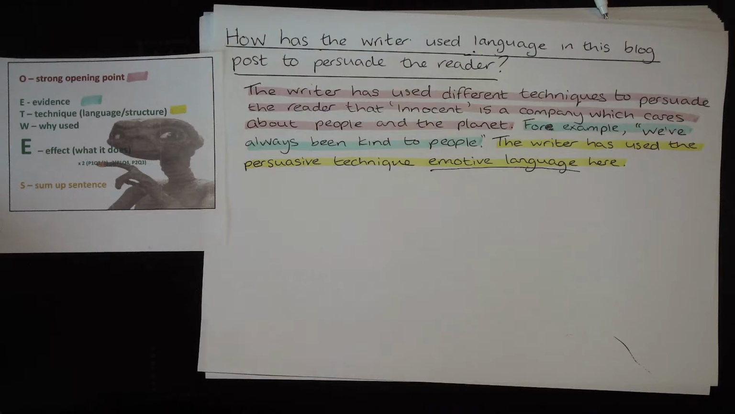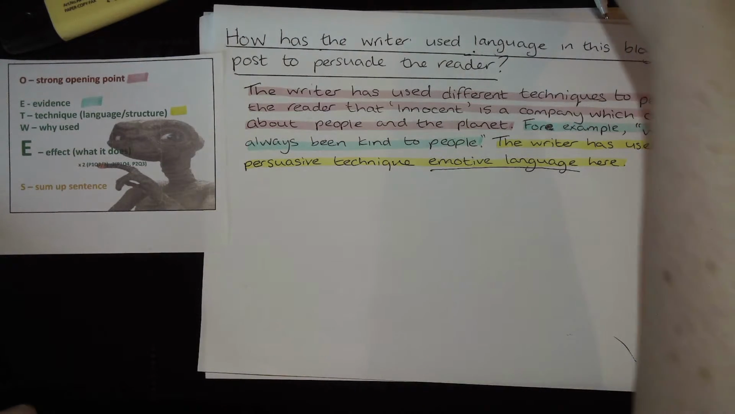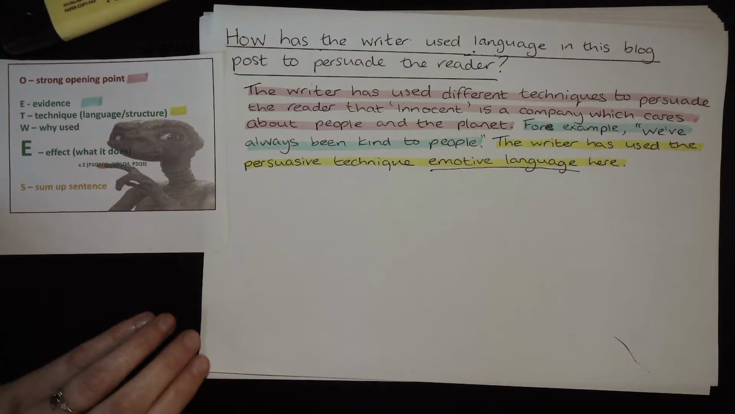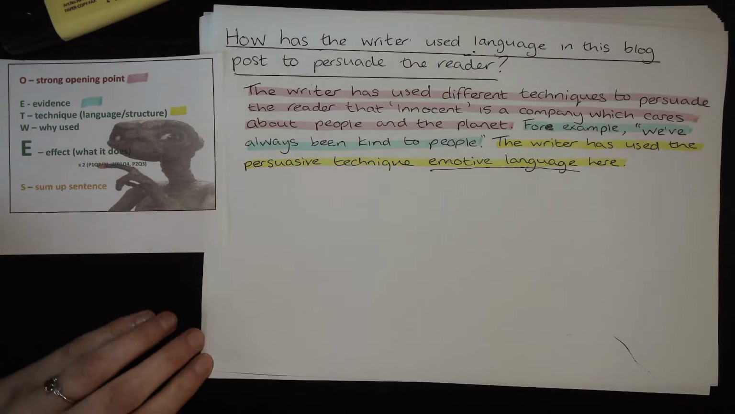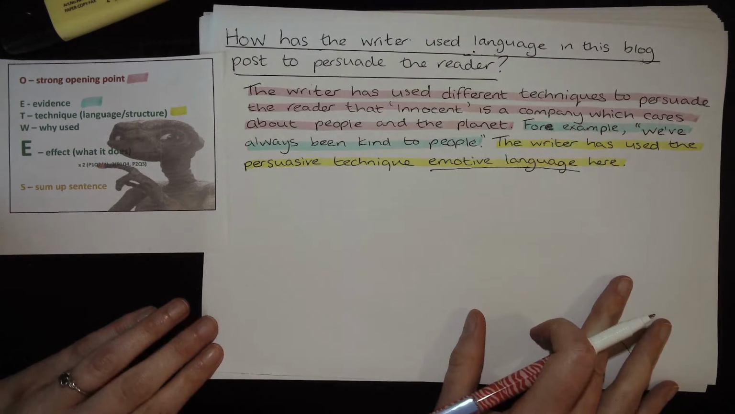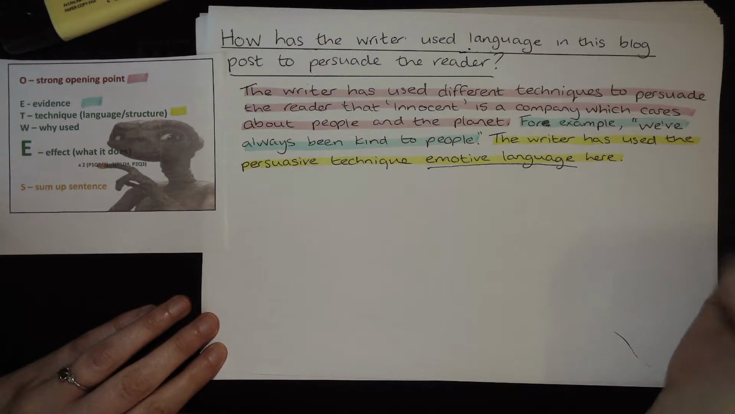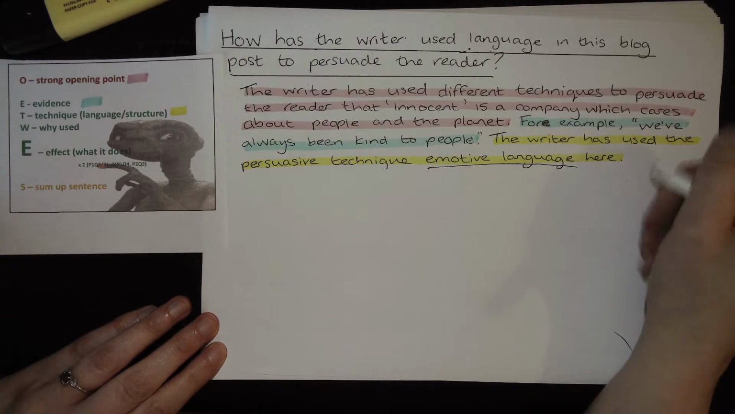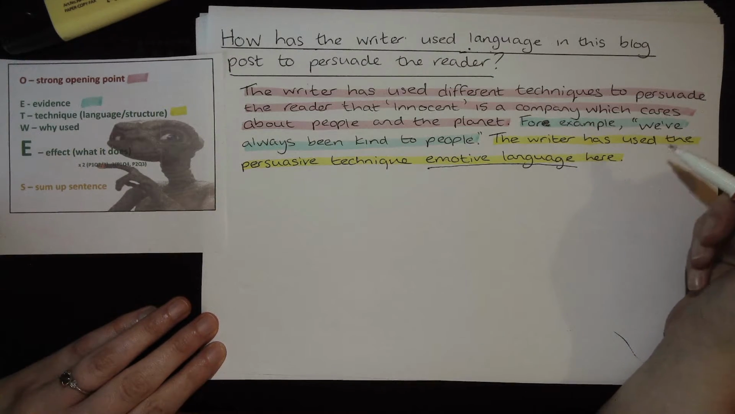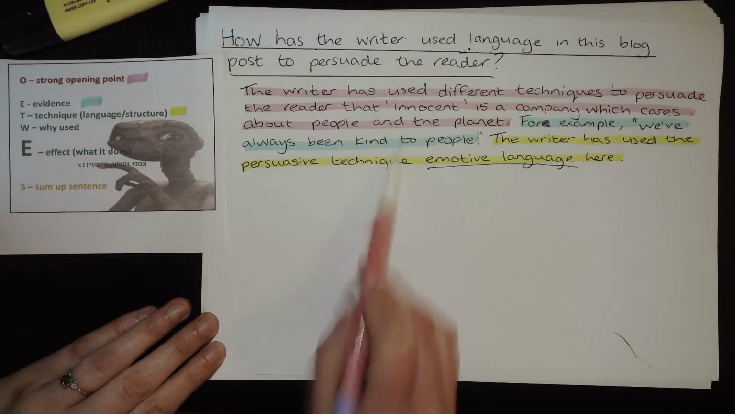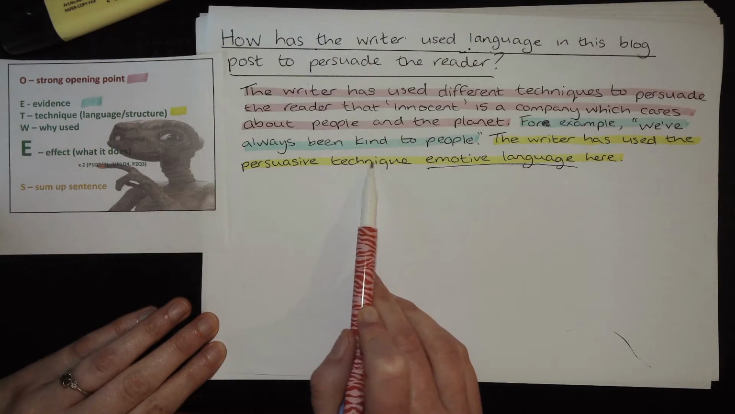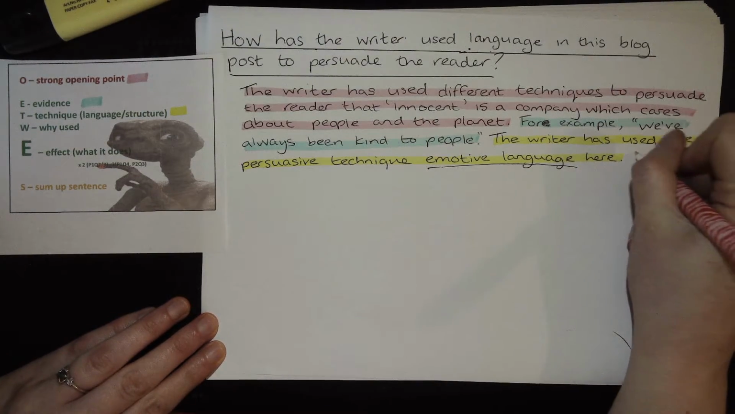Okay, now I need to write about why I think the writer has used that technique. So what was the writer trying to do? So I'm going to start by thinking about what word is actually emotive. And I think it's this word here. I think it's the word kind. So I'm going to say, in particular,